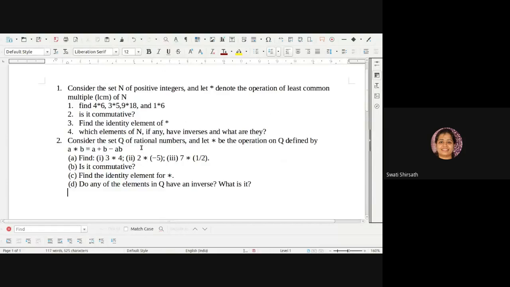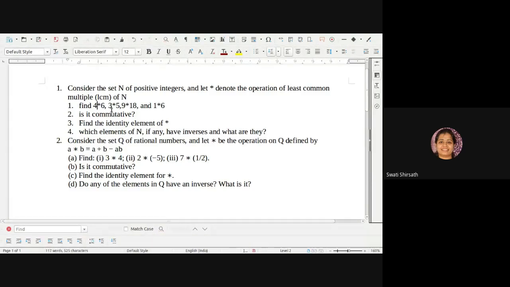Okay. LCM of 4, 6. Okay, 4 into 6. This star is used to represent the operation LCM, least common multiple. Okay. So it is not like that. It is multiplication. So any symbol like multiplication, small triangle, small square, small rectangle can be used to represent this operation, and that operation is explained in detail in the problem statement. Okay, so just to replace this LCM, this star is used over here.